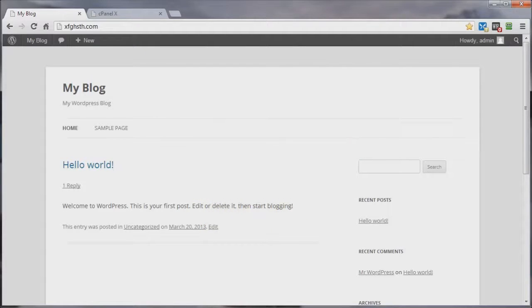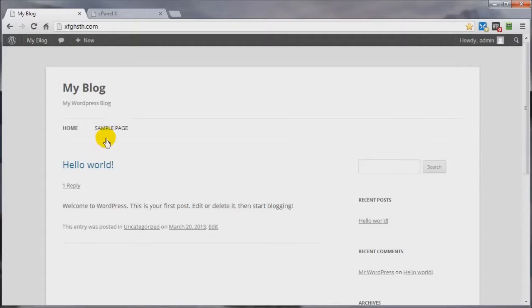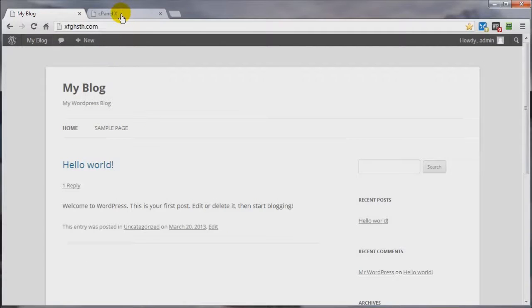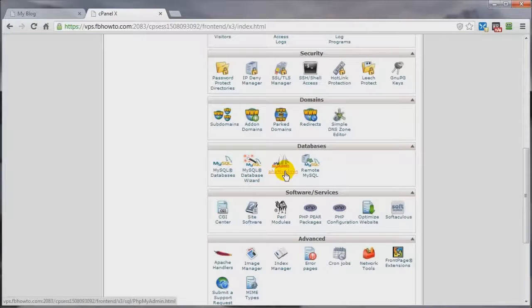Now that you have your new backup created, let's go ahead and log into our server's control panel. And in this demo, I'm going to be using the control panel cPanel. Oh wait, before we do that, I want to show you that this site does work and that hopefully it'll do the same thing once we're done editing our database prefix. So let's come on over to cPanel, and we want to come on down here to our phpMyAdmin,